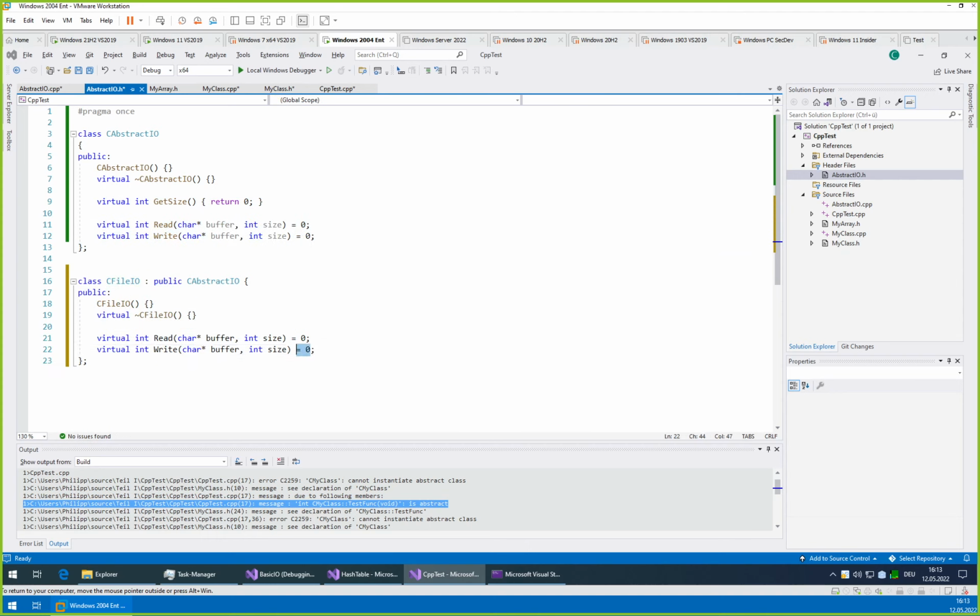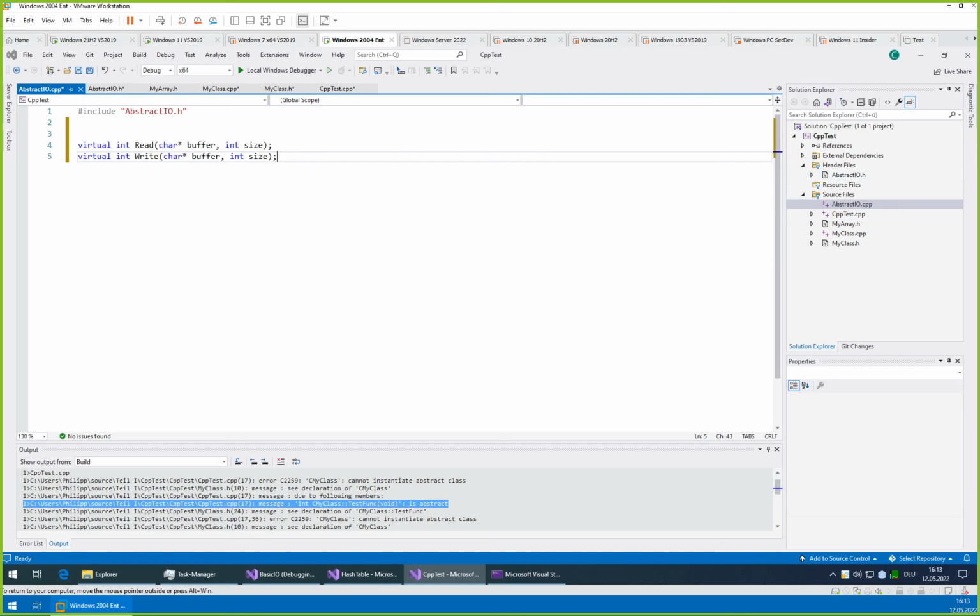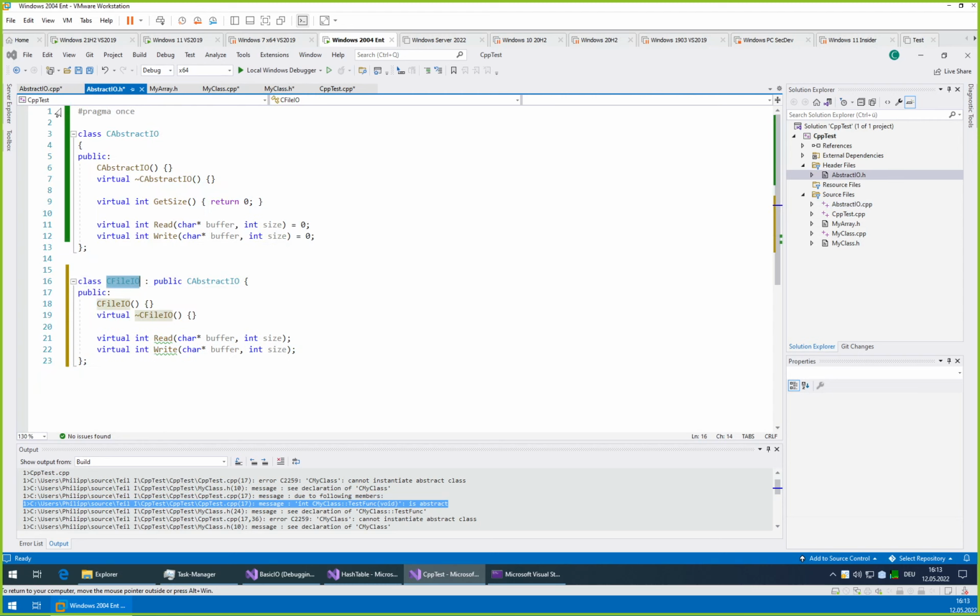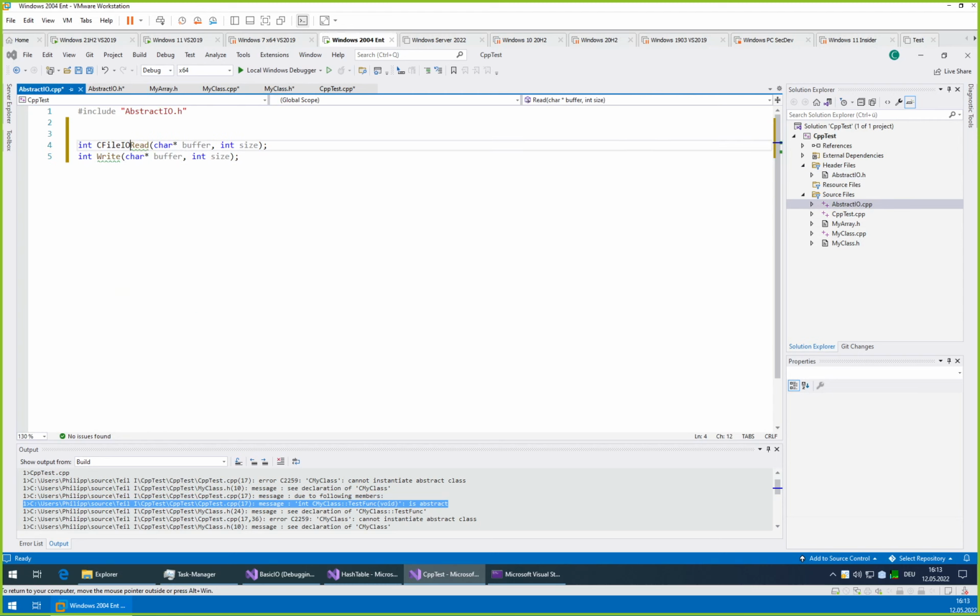Then we need the functions which we will actually implement. So that goes here, without this. Abstract IO, file IO. Return 0.